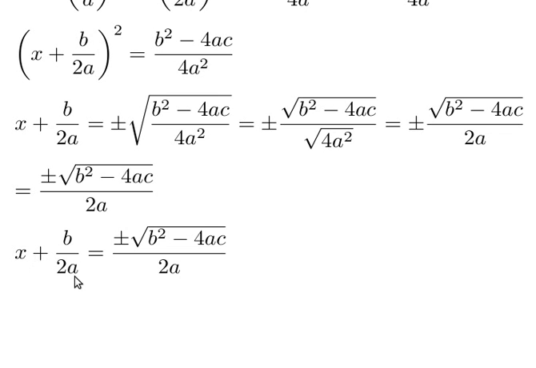Now we're very close to getting x by itself, which is our goal. So let's go ahead and subtract b over 2a